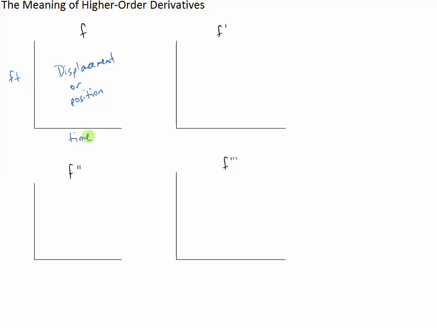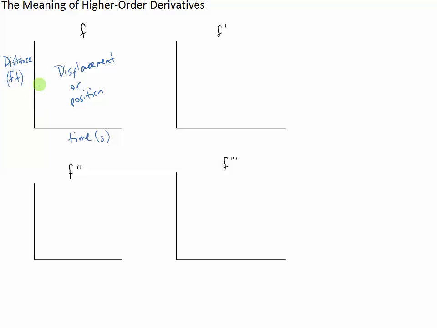So some distance in time. Let's say time is measured in seconds, and we have a distance measured in feet. So let's go ahead and label this distance, or displacement, or position, however you want to look at it. Then what would f prime be? Well, f prime would be the slope of the tangent line at each of these cases, and you can imagine